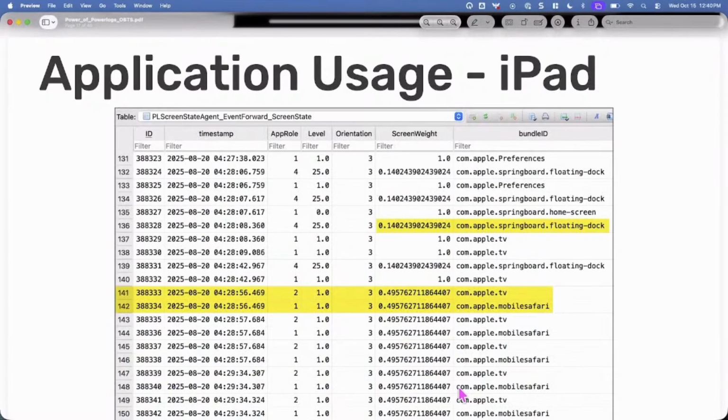This is all represented as percentages here. If we look at the screen weight, we can figure out that the floating dock is taking up 0.14 of the screen. Apple TV and Safari here are more or less 50-50. This is not exactly like the screenshot, this is where I had them split side to side. But we can see the percentages there as well, which I think is pretty cool.